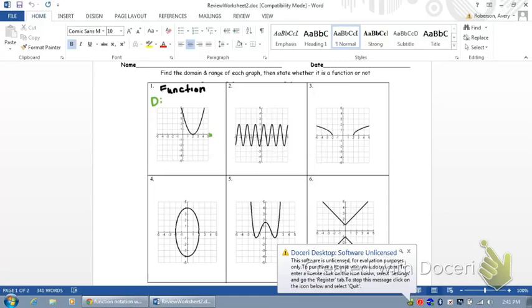And we know that these are basically arrows saying that it's still going on forever, okay? It's never stopping. So we know when we're talking about that, we're talking about what, guys? All real numbers, okay? So you want to write down all real numbers. That's pretty easy, right? Now we want to figure out